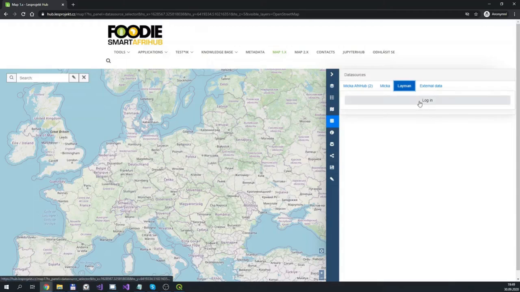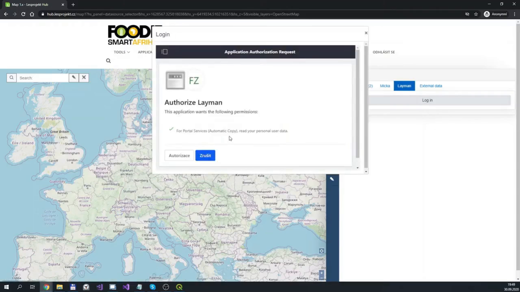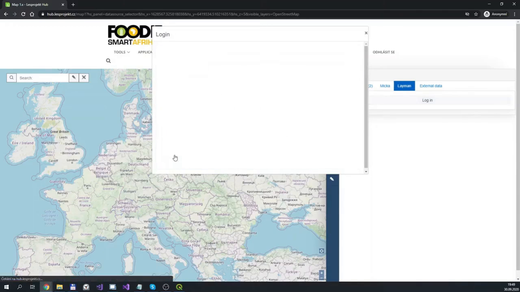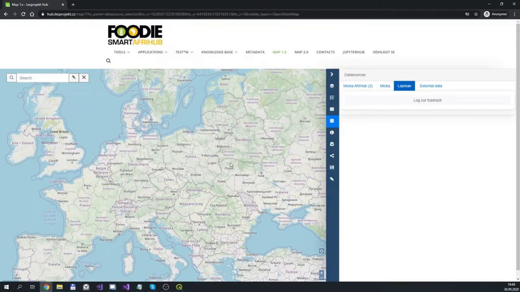So we don't have to really log in again, but we have to authorize HSLayers for access to the Layman storage. If I press login, I don't have to enter my credentials again, but simply authorize HSLayers. And now we are logged in.